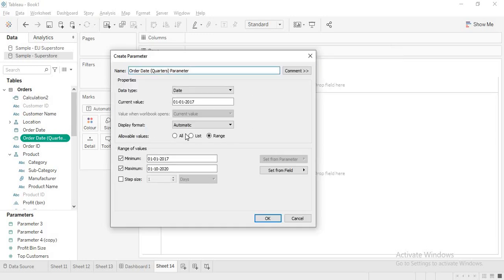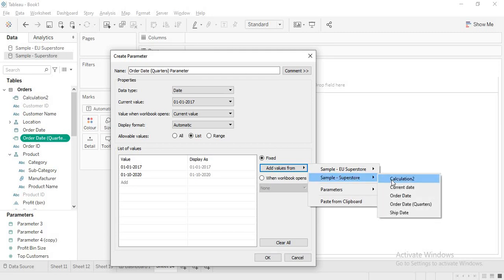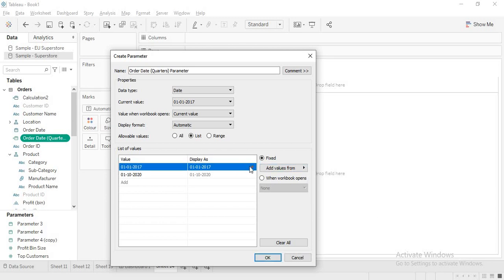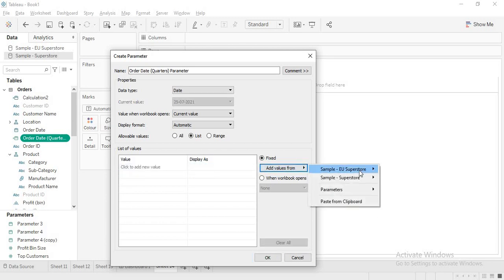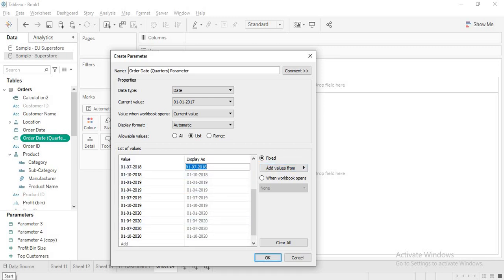I am going here, it is Superstore, and let me select order date quarters. Now you got every quarter. By default it will give you the first day of the quarter. You can rename them, for example Q3 2018, but I am not doing that.